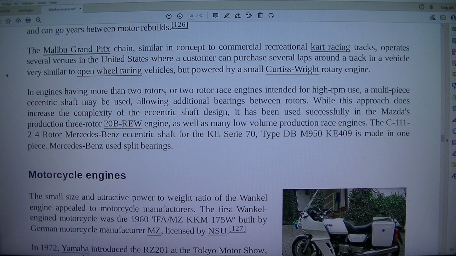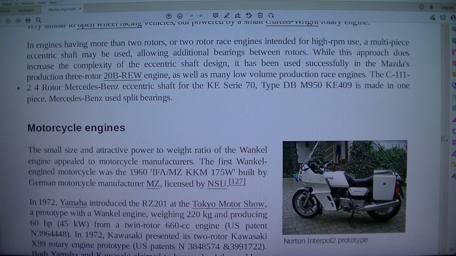126. The Malibu Grand Prix chain, similar in concept to commercial recreational kart racing tracks, operates several venues in the United States where a customer can purchase several laps around a track in a vehicle very similar to open-wheel racing vehicles, but powered by a small Curtiss-Wright rotary engine. In engines having more than two rotors, or two rotor race,